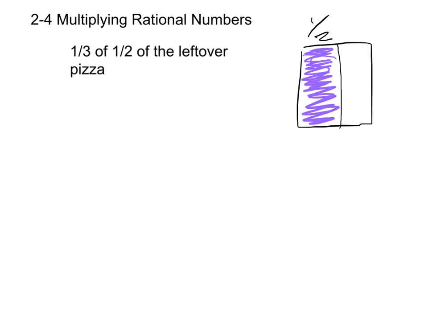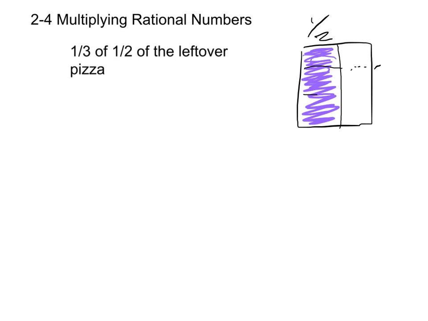Section 2-4 is about multiplying rational numbers, and we're going to start off with showing a model of how fractions are multiplied so we can get a picture in our head of what happens to fractions when we're multiplying them. So we're going to start with a situation where we have half of a leftover pizza and we're going to eat 1/3 of it. So we've represented half with the purple shading, and now we want to see how much is 1/3 of that. So we're going to take the half that we have